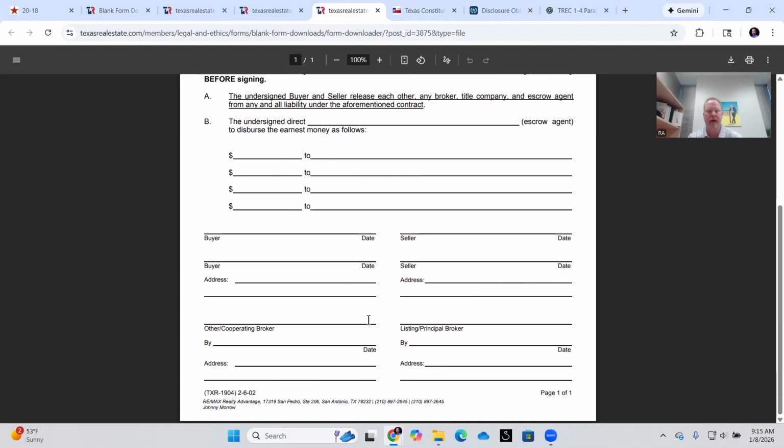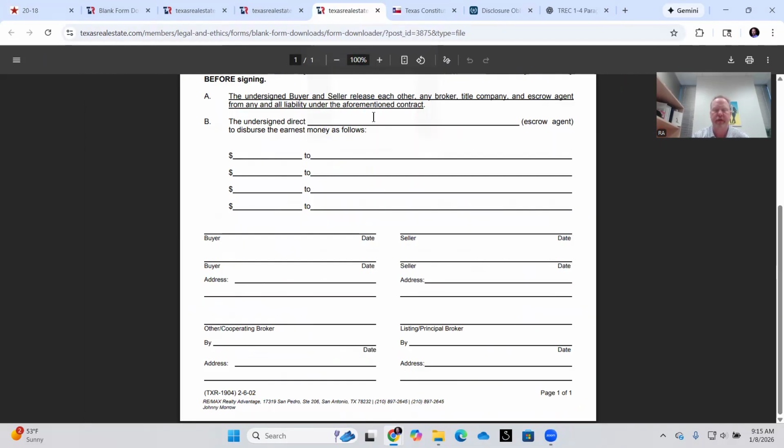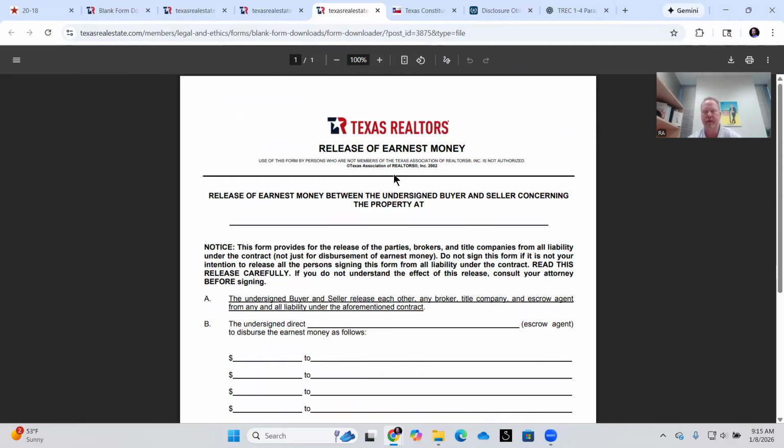Now, you might say, but in the contract, it says to terminate the contract and receive earnest money. So it says right there in the contract if they're in default. But we have to remember that title companies are not attorneys, and title companies have been sued over earnest money. So now the title company stance is we have the money. In order to release it, we need agreement of the parties. And this is how they get agreement of the parties. If there's not agreement, then the title company won't release it. Then there's demands that have to be made in another process and maybe small claims court. Okay. If nobody claims it, it'll go back to the state at some point.